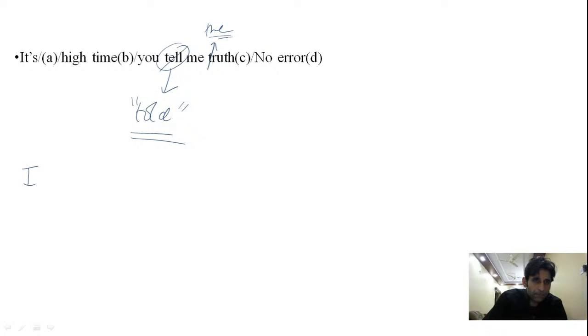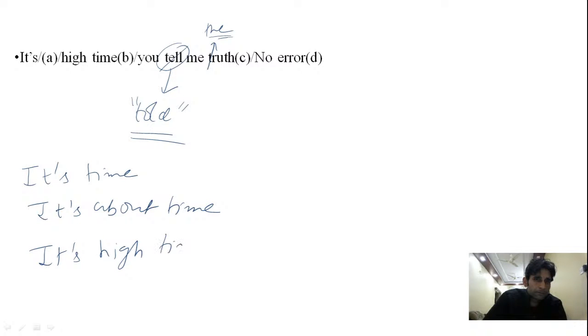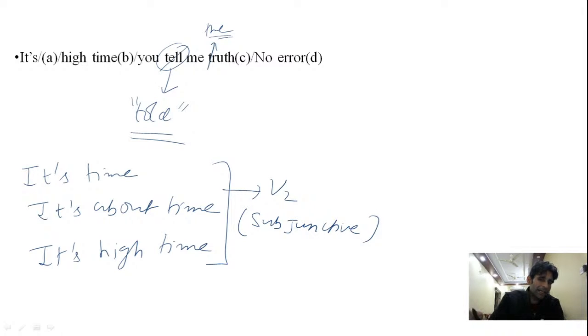it's time, it's about time, and it's high time, ठीक है। In all these cases I use the second form of the verb, but the second form of the verb here is not the verb, actually it's subjunctive, ठीक है। अभी इन सारे एक्सप्रेशंस में, whenever you